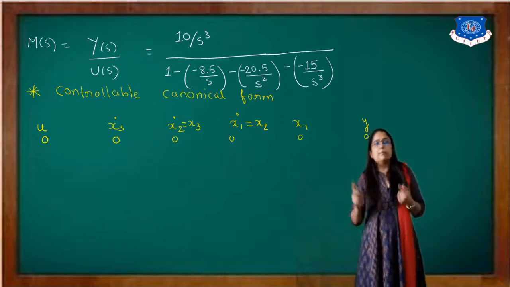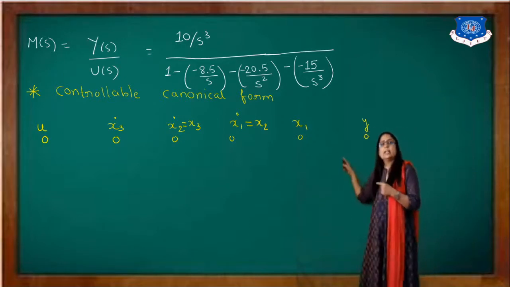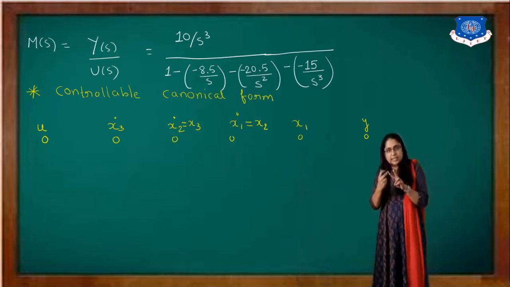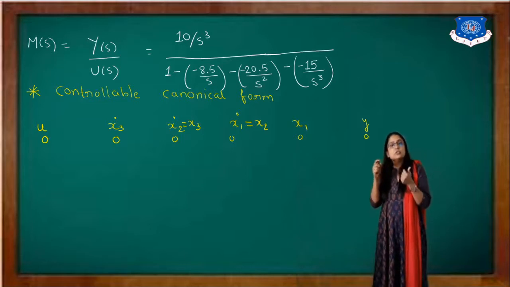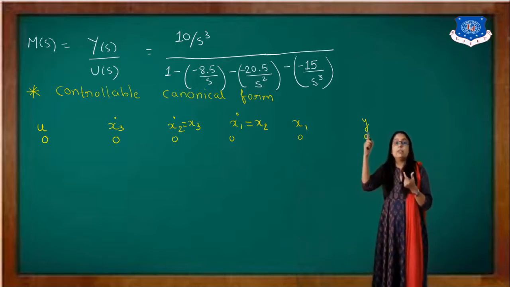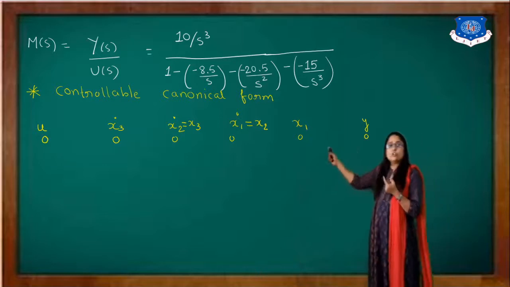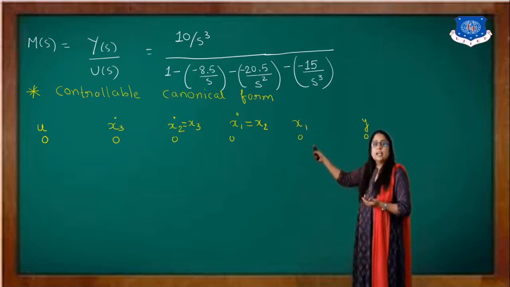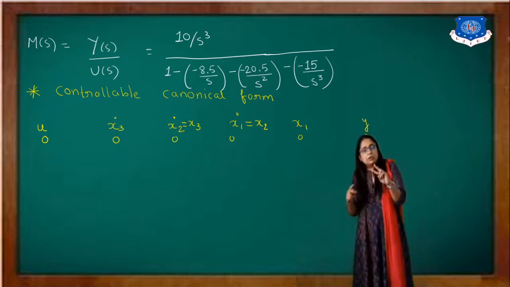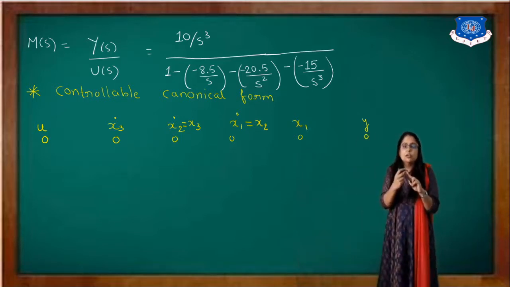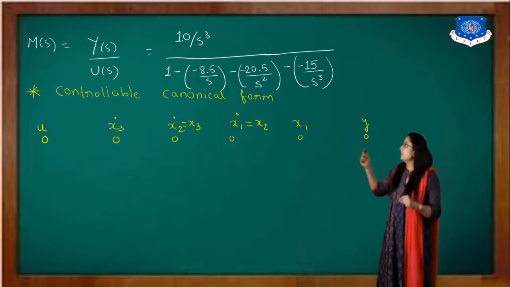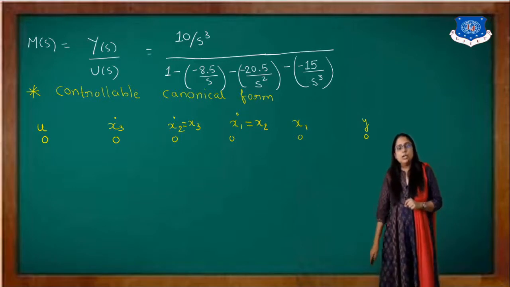How? For example, if I draw x3 dot and then x3, then x2 dot. Between x3 and x2 dot, there is nothing, so we are saying it's a 1. Recall that concept of dummy node. Here x2 dot and x3 are the same node. That's why we are saying x2 dot equals x3. If you want to represent that as a different node, then the value between these two nodes is a 1. Similarly, x1 dot equals x2.